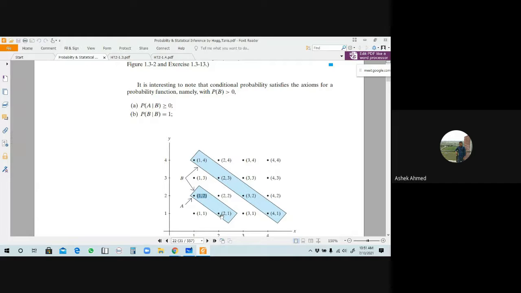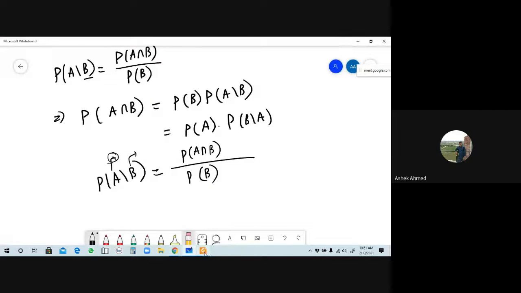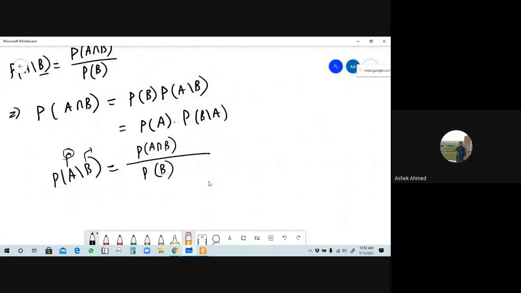Only 2 outcomes. And how many outcomes for the event B? That contains এখানে আছে 4টা, there are 4 outcomes and there are 2. That is the total number of outcomes for event B, that is 6. Understand? Response me. Yes, sir. From here we can say that from the outcome space, the number of event